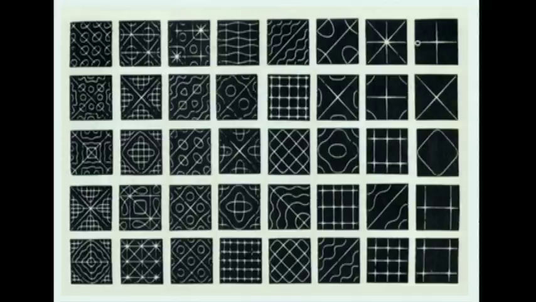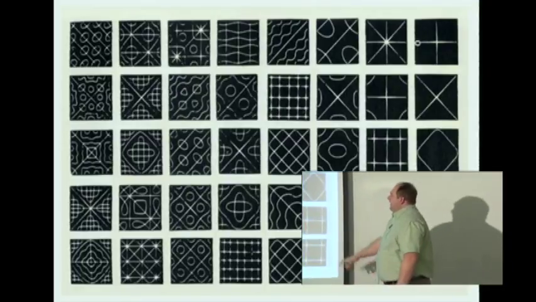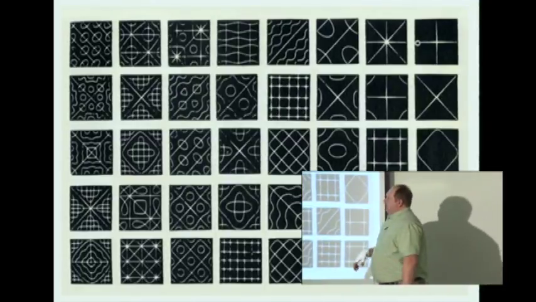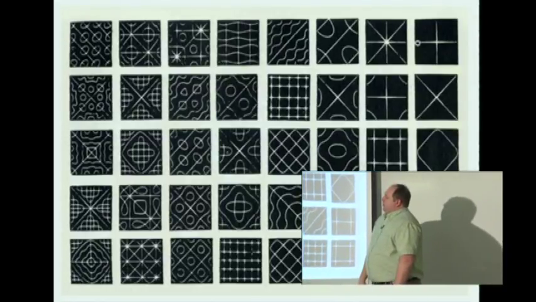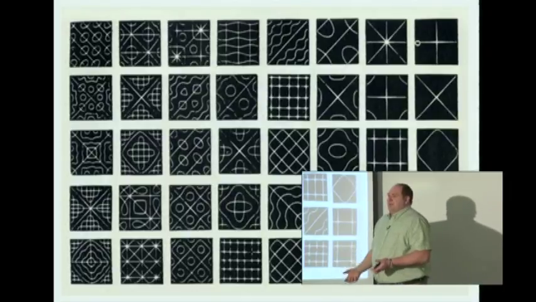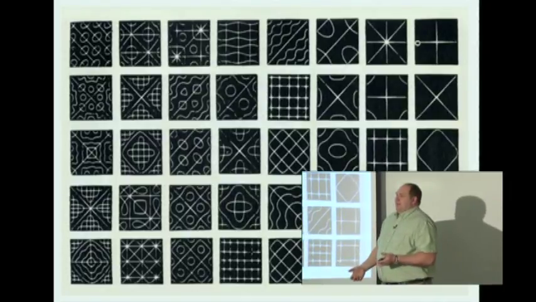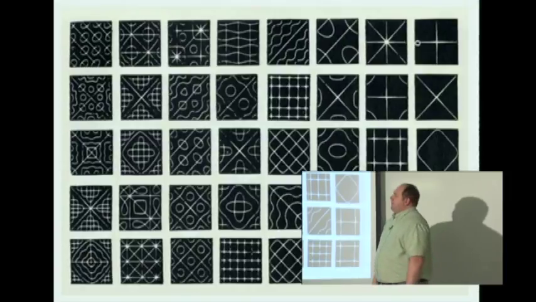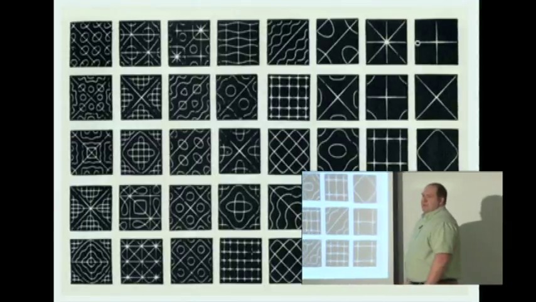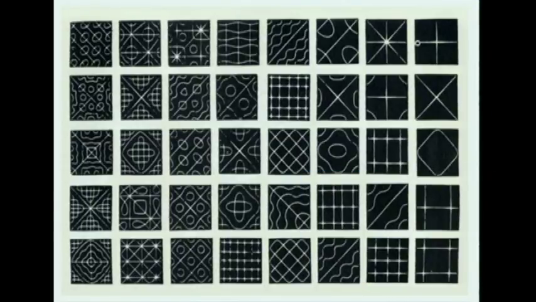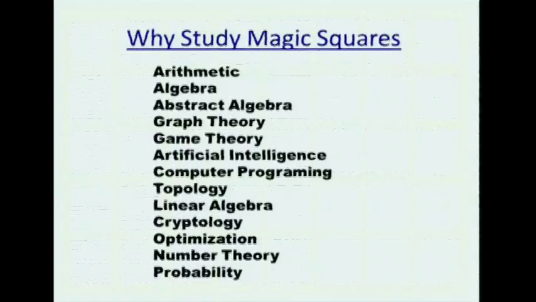Now, there's some advanced mathematics going on here that makes these patterns. They're called eigenvectors, something to look forward to. Where all the sand accumulates is where the eigenvectors are equal to 0, because there's no vibration there. Well, a magic square is an array of numbers, and we can find eigenvalues in an array of numbers. So mathematically, I'm pretty confident we can find most of these patterns. That's what absolutely fascinates me, and I would like to study that more as a graduate student, probably with the aid of a computer.